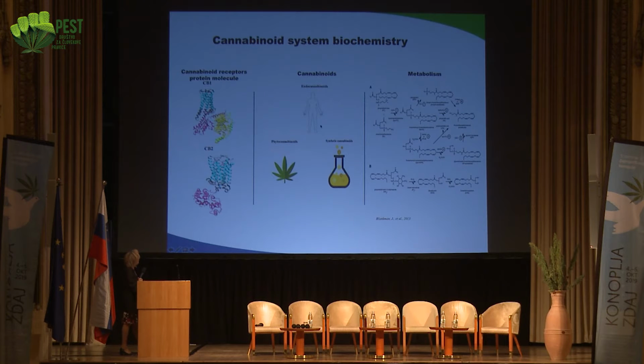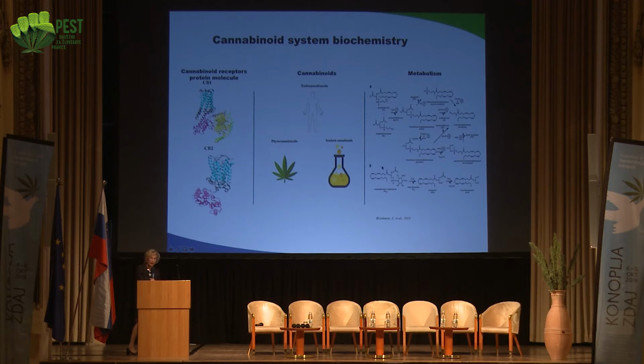Also, we have to know that there are endocannabinoids. You probably know about them, and these are mainly secreted from different types of cells, especially in the brain. And these bind to the cannabinoid receptors. So the receptors are important. And as you can see here, receptors are really big protein molecules that have different spatial configuration. And because of that, they can bind. They are flexible and bind this rigid kind of structure of organic molecules,